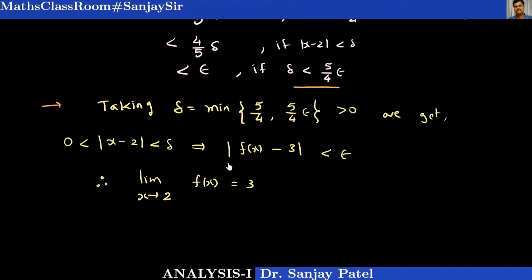So we have seen some examples of the limit of a function, how to prove it using the definition or using the epsilon delta condition. Okay, in the next lecture we are going to see some basic properties of this definition of limit, and also we'll be proving working rules. So thank you.